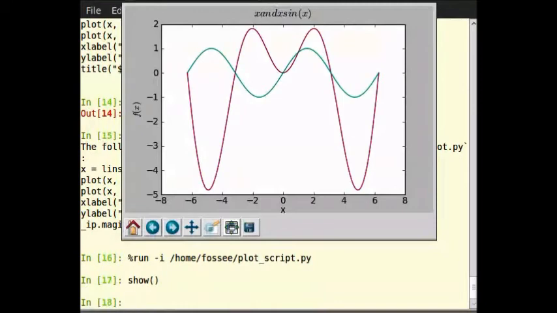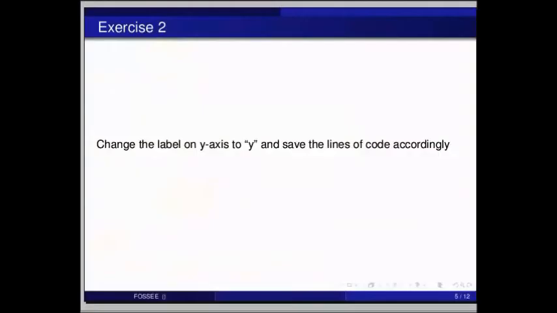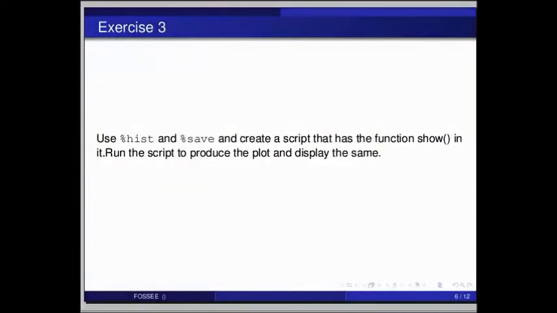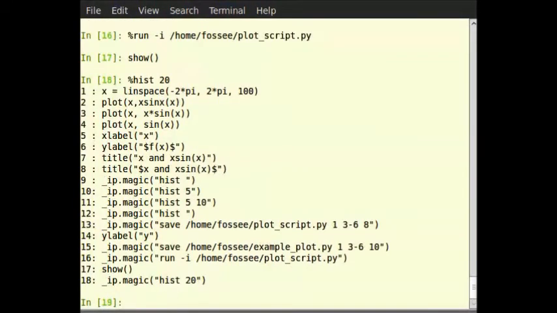So now pause the video here and try out the following exercise. Use %hist and %save and create a script that has the function show in it. Run the script to produce the plot and display the name. So you can type %hist then space 20 on the terminal. We first look at the history using this command only. Then save the script using the command